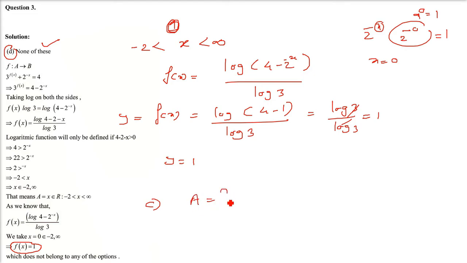This, I want the input from you also. So x belongs to R, x is between negative 2 to infinity. Since B is also there, this is the set A. B is also given. B is x belongs to R, and this x is between 0 and 4. So when we take B, if I assume it to be y, it is between 0 and 4.